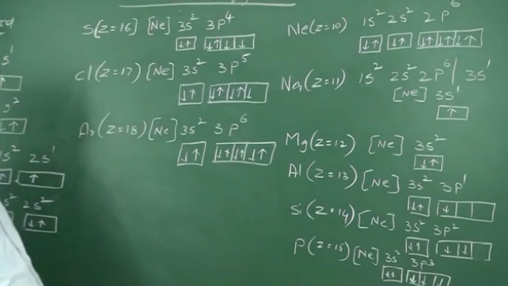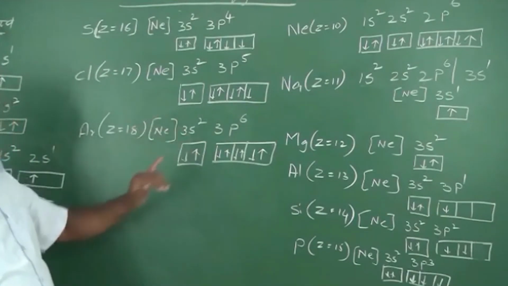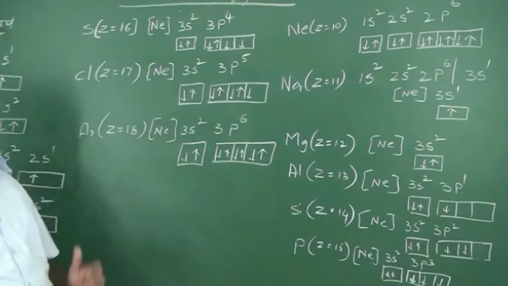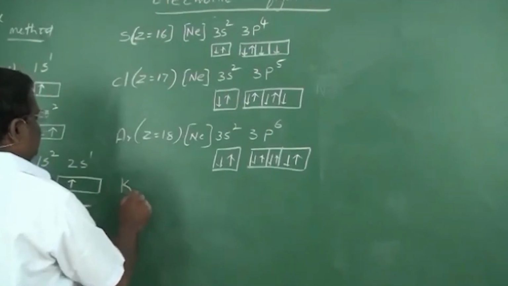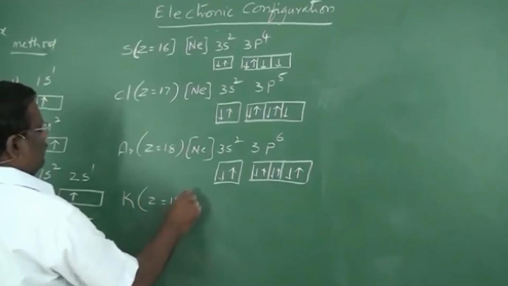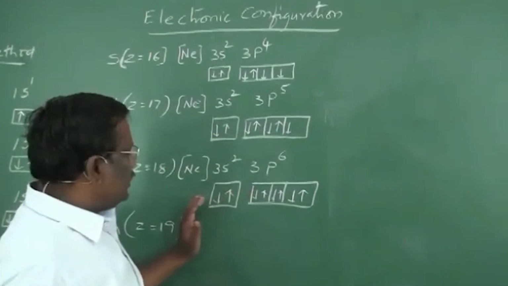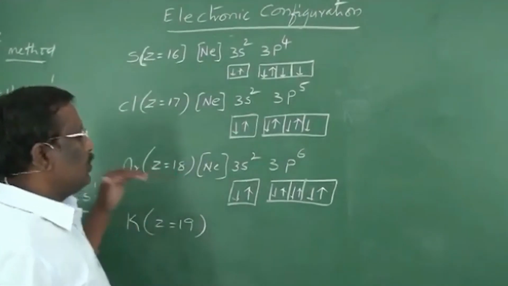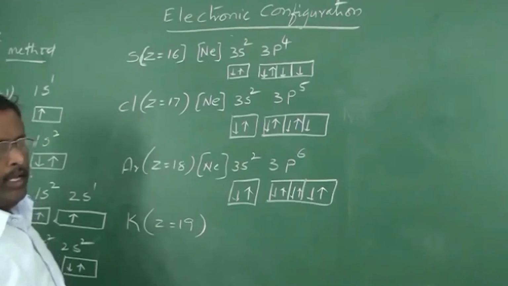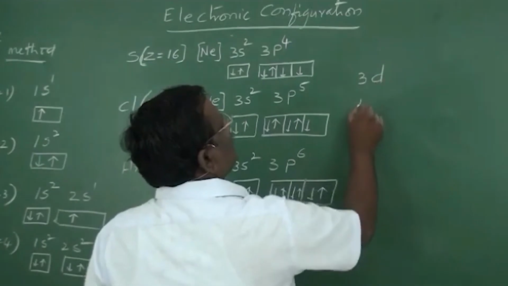So with argon, the third energy level s and p orbitals are completely filled. Now in the third energy level, we have the 3d orbital, and the 4s orbital. Here we have potassium, atomic number is 19. The first 18 electrons will arrange just like the 18 electrons that were arranged in argon. Now the 19th electron, where does it have to enter? In the third energy level, we have the 3d orbital, and the next orbital is 4s.